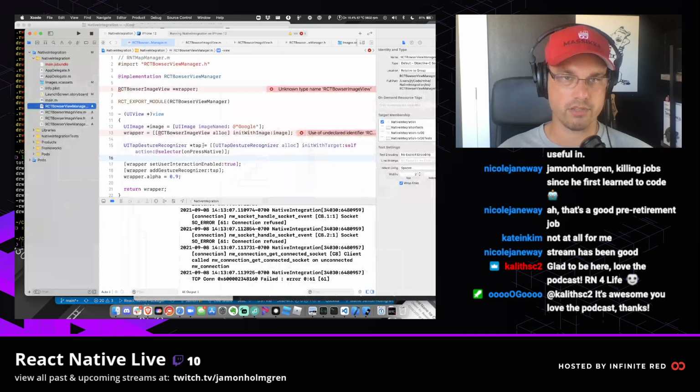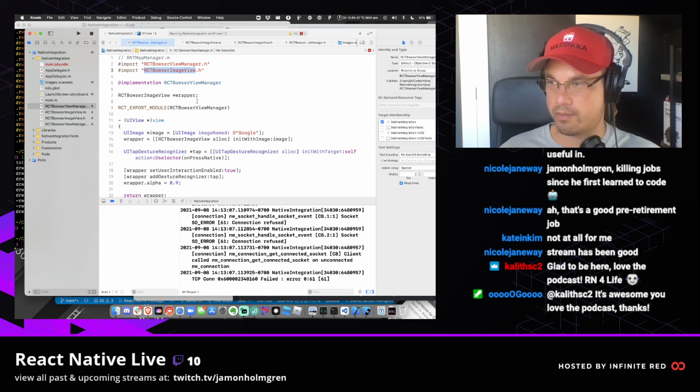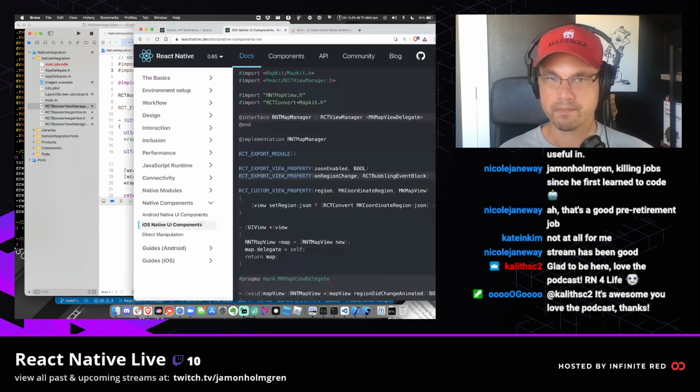We do need these. Use of undeclared identifier. We need to import that. Image view. So we get that. We grab just the header file. It basically will pull in the subclass that we just created, the UI image view subclass. That's just called RCT browser image view. Okay, and then